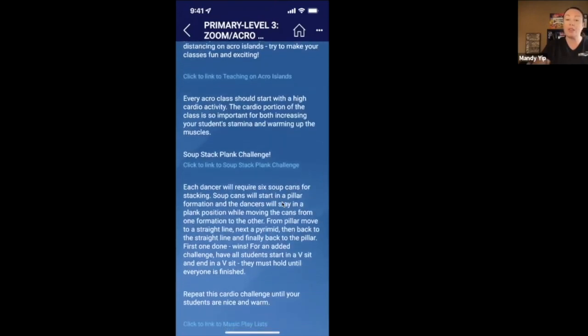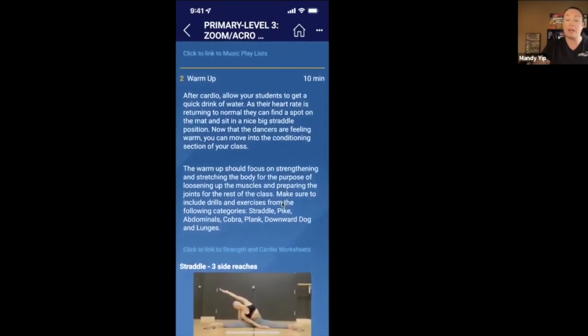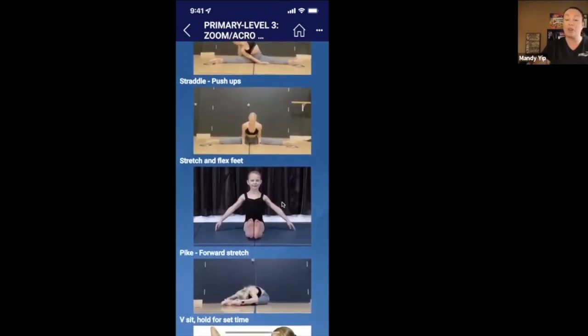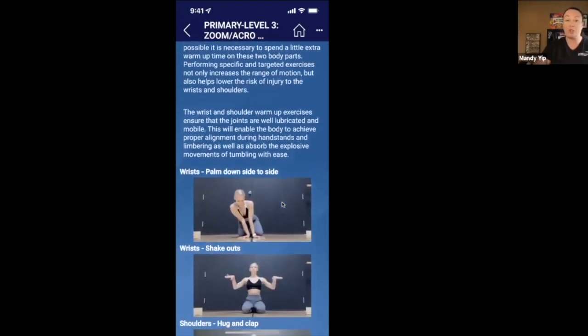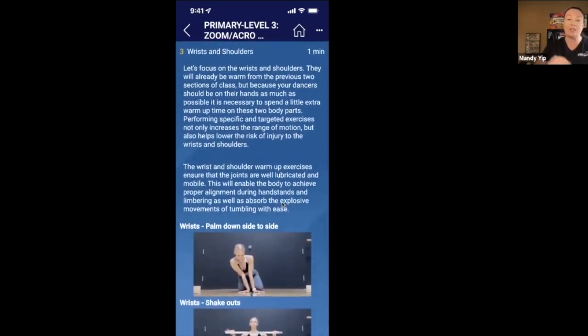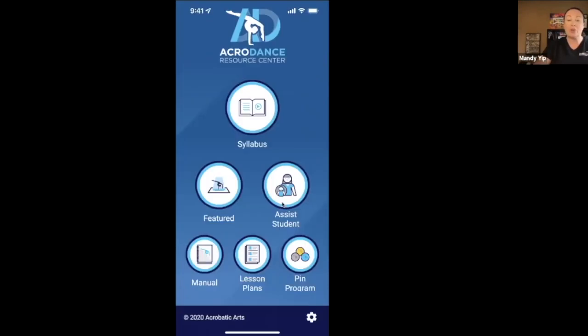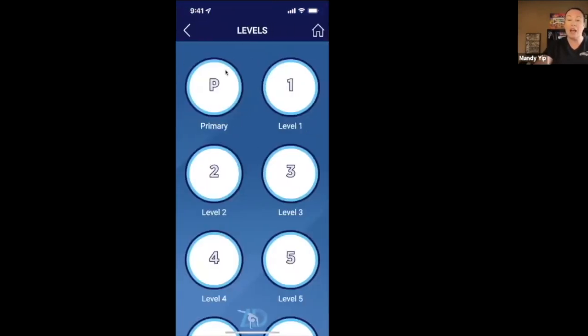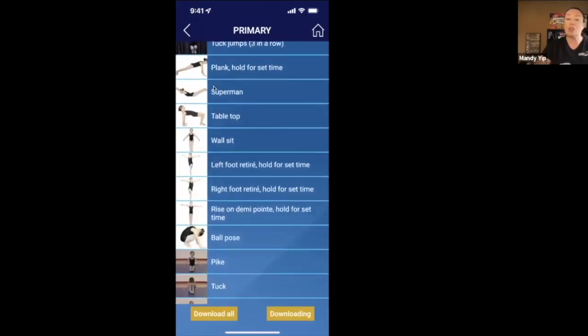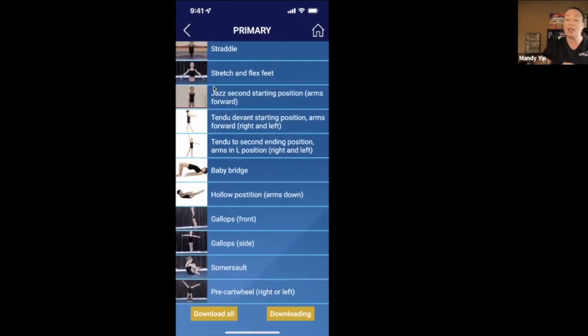And I would go through this literally minute by minute, do exactly what we have curated for you here, and do all of the skills. And you'll see that it actually works out to being exactly 60 minutes or exactly 45 minutes, whatever kind of lesson you choose. The other place that I would go is to the syllabus. And again, I would start at the very beginning. So go to level and then click primary. That's the best place to start, and go through all 28 skills in primary with your classroom